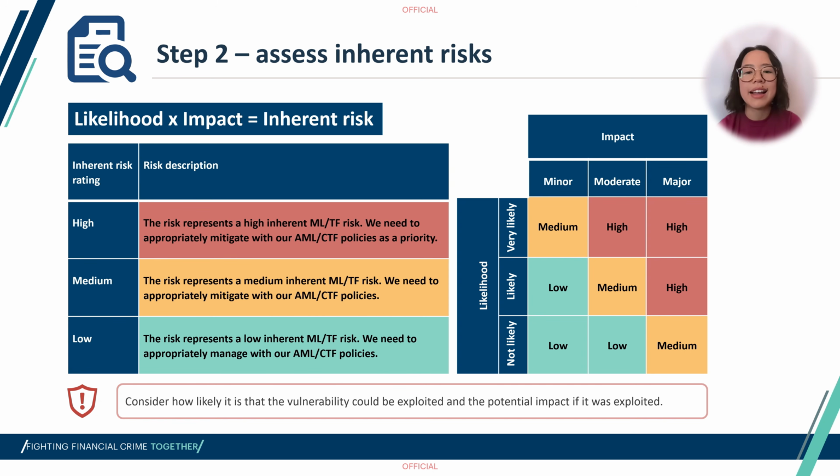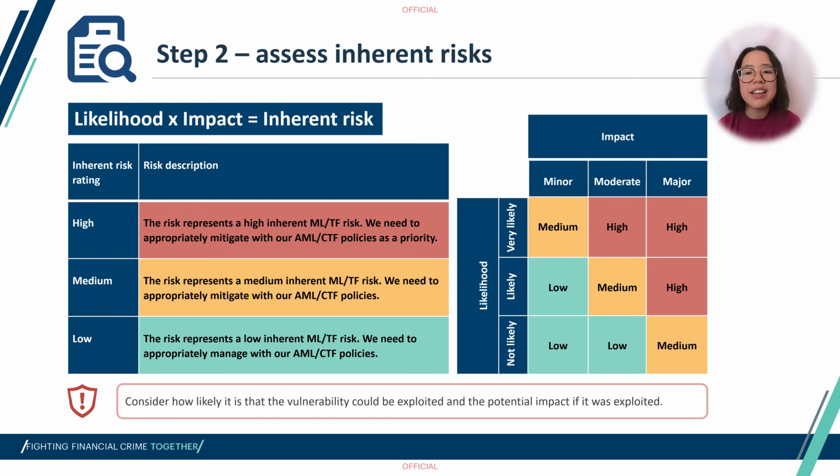The matrix on this slide is an example for a medium complexity business. For these businesses, inherent risk can be assessed by looking at the likelihood of the risk occurring within a given time frame and without any controls or mitigation strategies in place, and the impact, damage, or consequence if the risks occur. For low complexity businesses, assessing impact alone may be enough. The likelihood is assessed by assigning a rating of not likely, likely, and very likely, while the impact is assessed by assigning a rating of high, medium, or low.